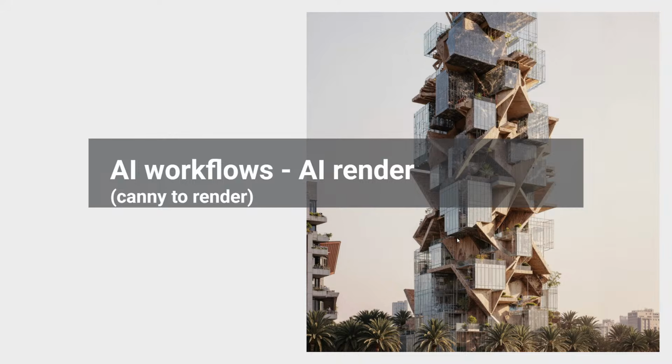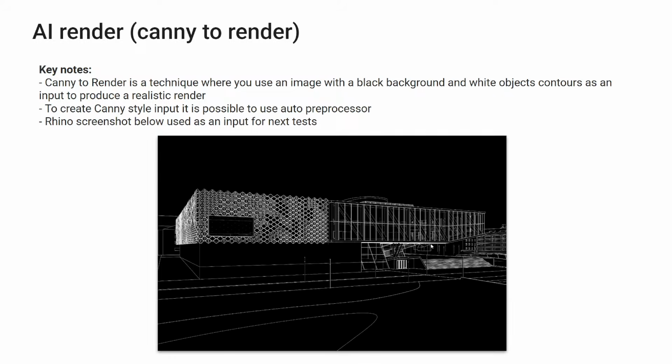Okay, next task is AI renders, and basically it's not just one task. It's a lot of different approaches for AI renders, depending on which exact input you provide. For example, the first sample I will do here is canny input. It means canny input is this style of image with a black background and white contours of all the objects,